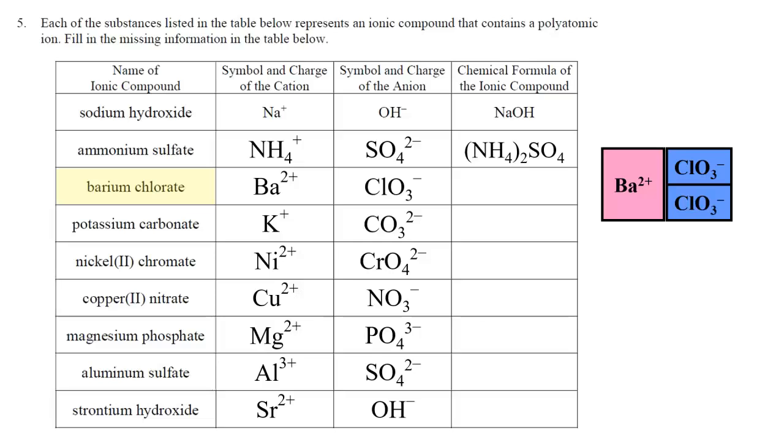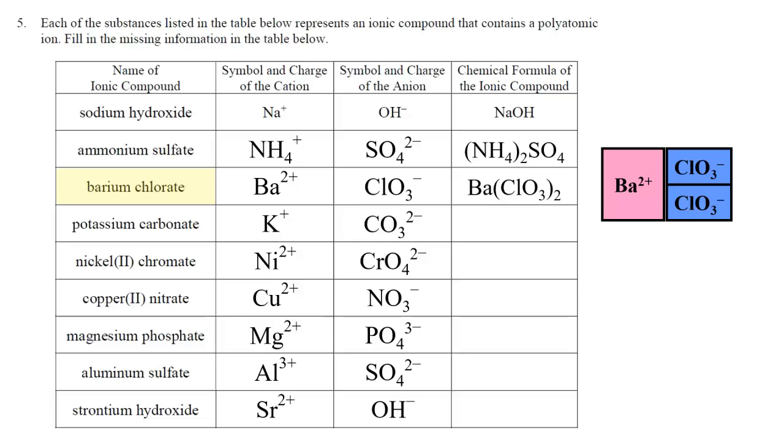There's a polyatomic ion, this is chlorate, and it's ClO3. I'm going to wrap that in parentheses, and then I'm going to put a 2 on the outside of the parentheses to show I need 2 chlorate ions for every one barium ion. So the correct chemical formula of barium chlorate is Ba, and then ClO3 inside parentheses times 2 with that subscript